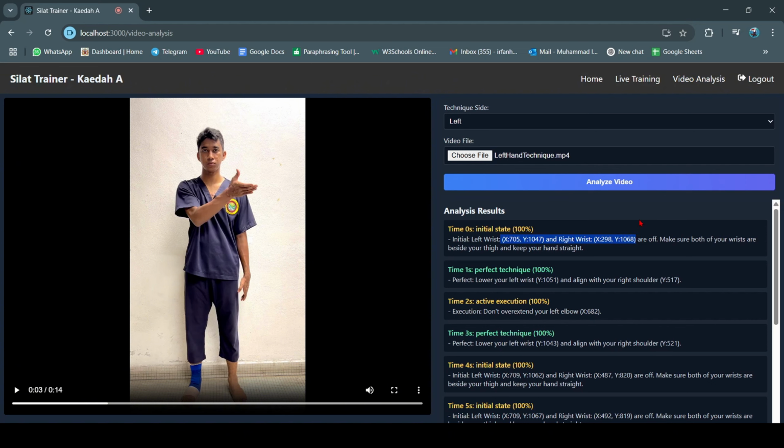The system compares the normalized key points with the normalized pose range. So how does the system get the normalized number for the key point? The system takes the coordinate and divides it with the video resolution. For example, for the left wrist coordinate, the y value 1047 is divided by 1920, the video resolution, to get the normalized key point. The normalized key point is then compared with the pose range before sending back the prediction to the user.